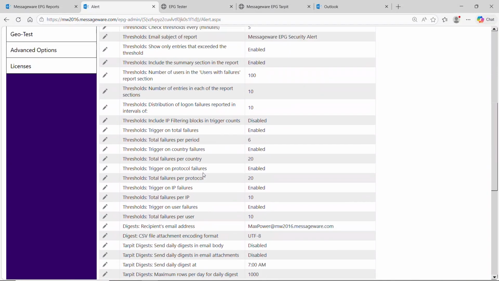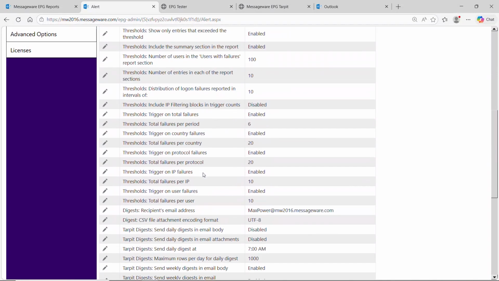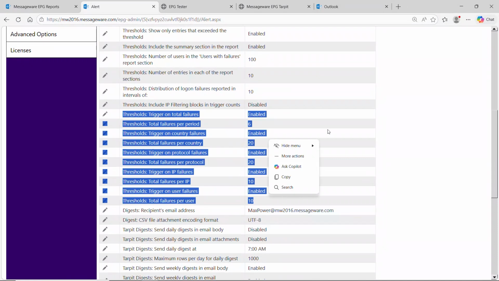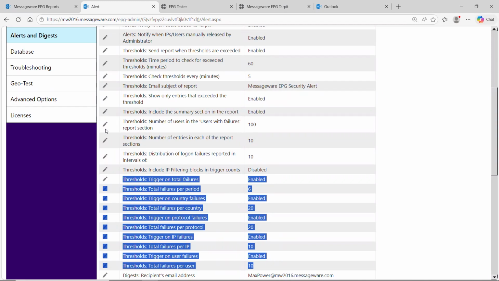Email alerts. We won't go into all of them in great detail here. There are a lot of automatic email alerts that you can set and send to the security operations team based on network events, password failures, and many others, where you can change the thresholds and settings by using the little pencil icon on the left to edit.